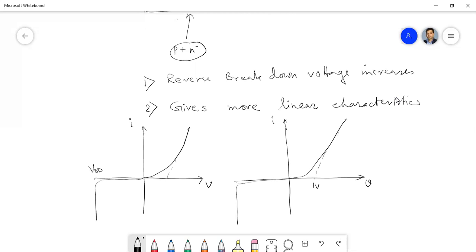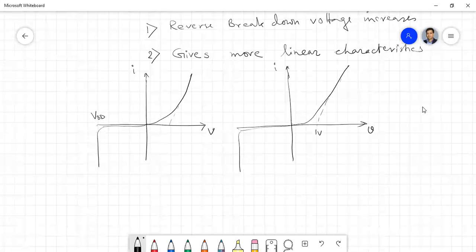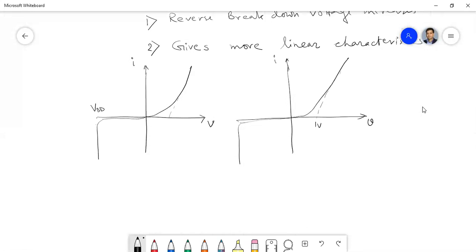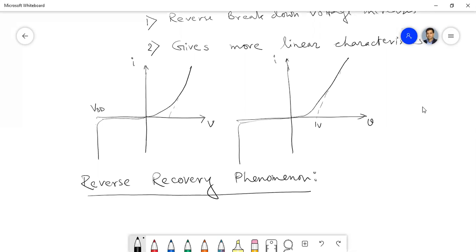Okay. Now I will go for the other two things that I told you I will discuss today. The first one is the reverse recovery phenomena. Now, what happens, in the last class also I told you that